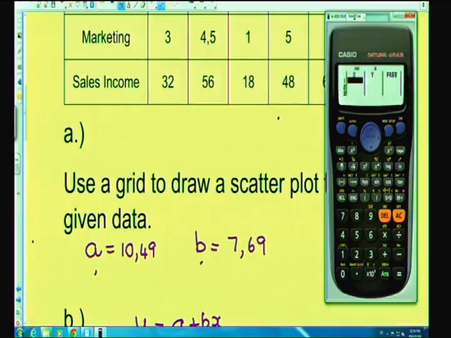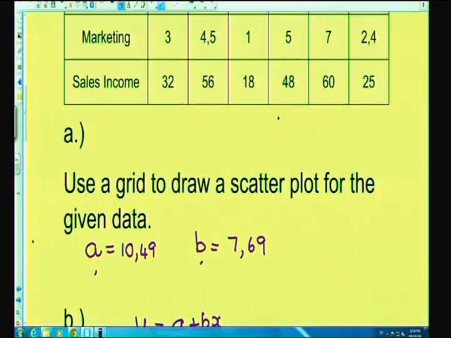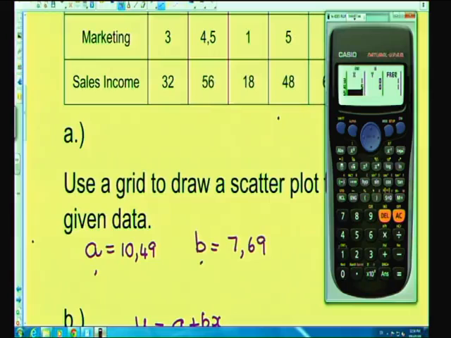Okay, so I'm just going to enter it again. So if we enter it, it's going to be 3 equals 4.5 equals 1 equals 5 equals, and I need to just look at the screen again to remind me, 7 and 2.4. So it's 7 equals 2.4 equals, and then I go to the other column, up to the top, and now I must input against that, so it's going to be 32 equals 56 equals